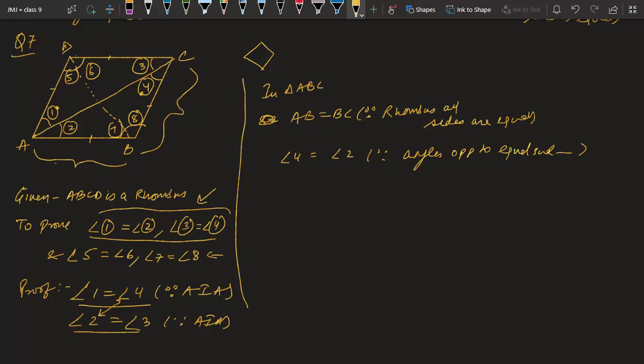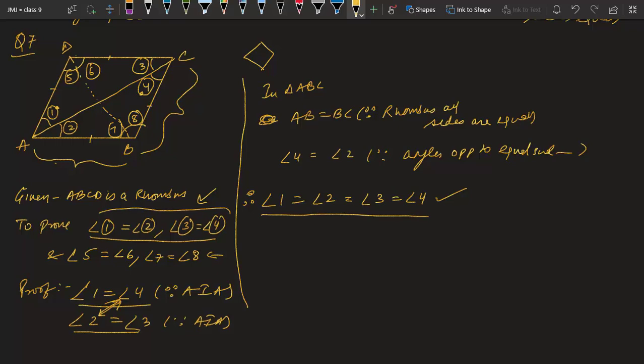Okay, now with that we have got the connecting link, so we can say if these two are equal, that means they all are equal. We can say angle 1 equal to angle 2 is equal to angle 3 is equal to angle 4, and with this our first part is done. We wanted to prove only this part, we have proved extra over there. Similarly, you can prove for the remaining one, that is 5, 6 and 7, 8. I hope you can do this in the similar way. It is very easy because it is a rhombus.